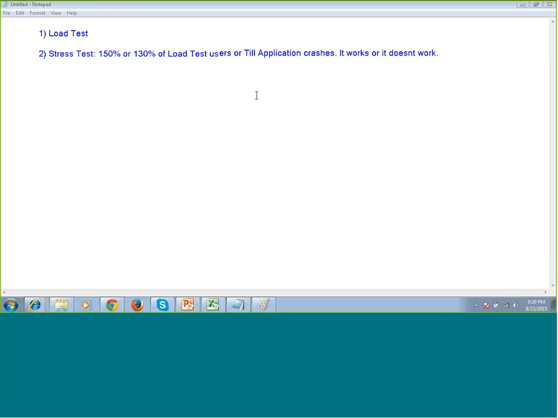We don't measure the response time or anything else in this test, because that's been already measured in the load test, and that's the day-to-day volume. So we don't try to measure those things here. So that's what, right? I mean, we covered the day-to-day volume. In the stress test, we covered the